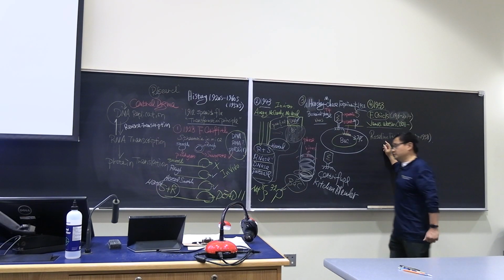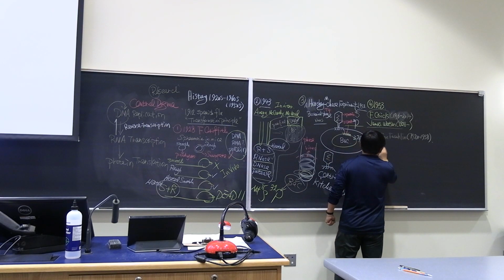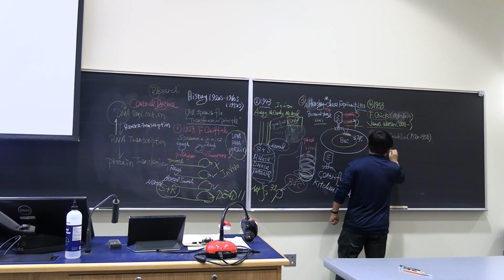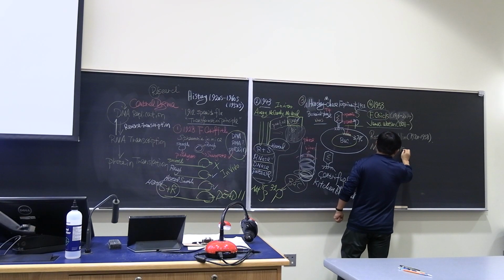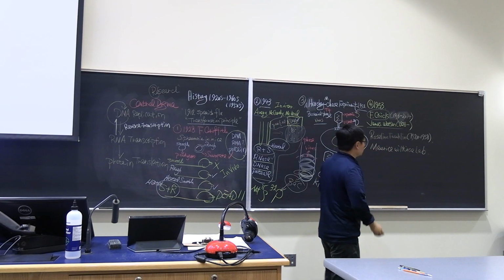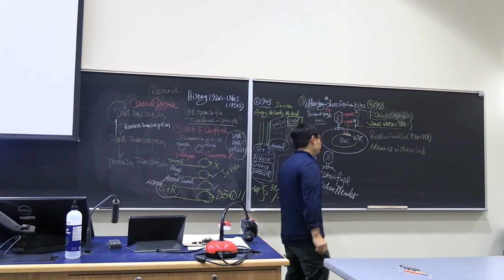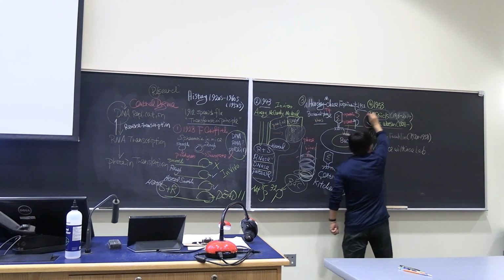Rosalind Franklin was a research associate in Morris Wilkins' lab. Rosalind Franklin did important research. What did she do? She showed them